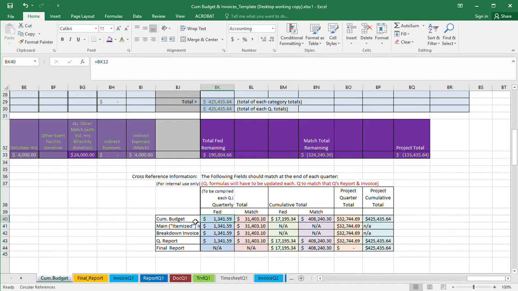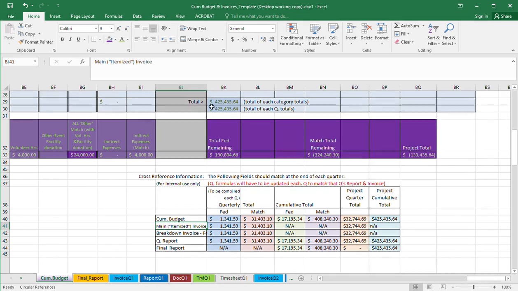So that shows me that the cumulative figure on the cumulative budget for what I'm spending this quarter in federal amount lines up with the main itemized invoice. I can maybe make that text a little smaller so we can see that whole bit of text. Then on my breakdown invoice, where it breaks it down into federal as well as match, see that amount, then